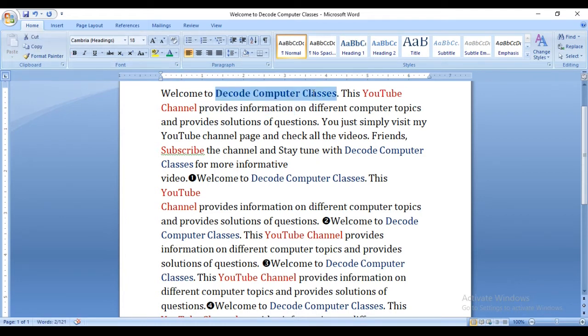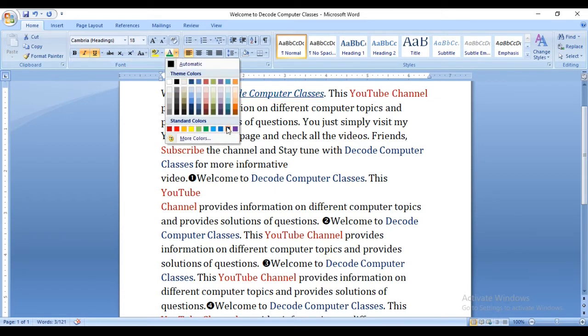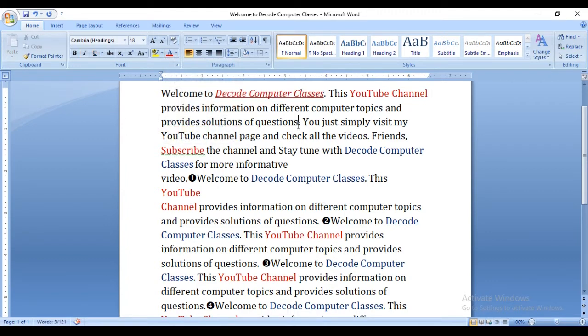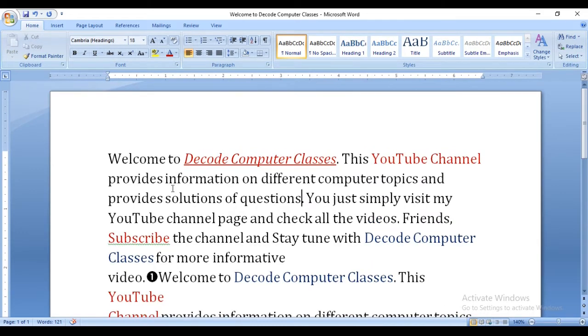Let's make it simple. Of course we can make it italic like this, or underline. We can choose the color for that particular font, as you can see, I can show you in zoom. Different things we can apply here, like we can change the text background.